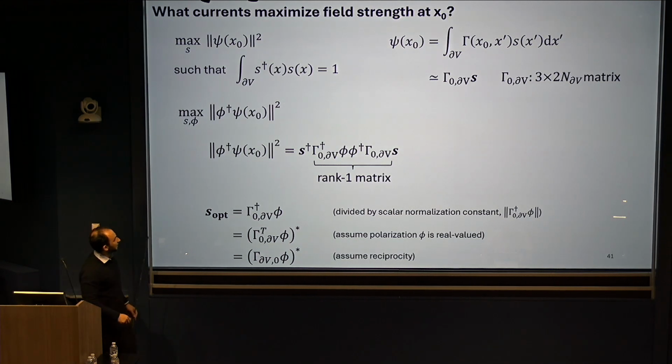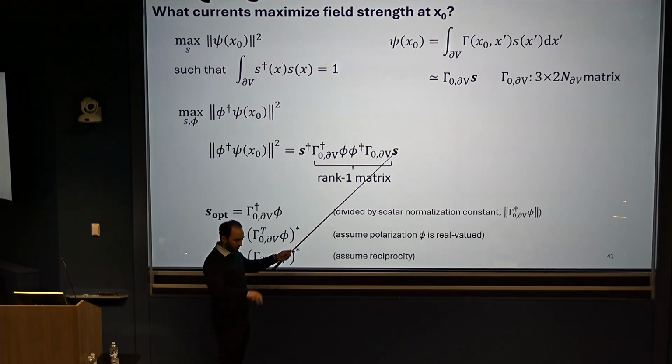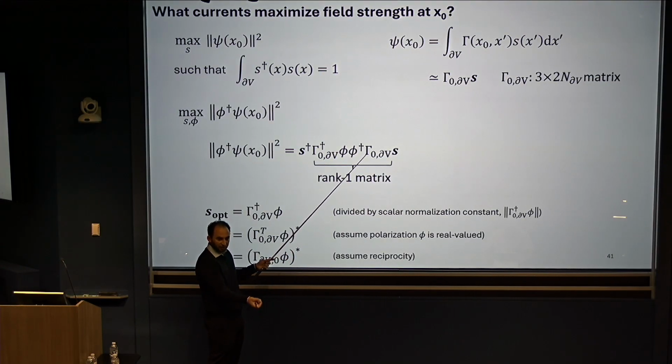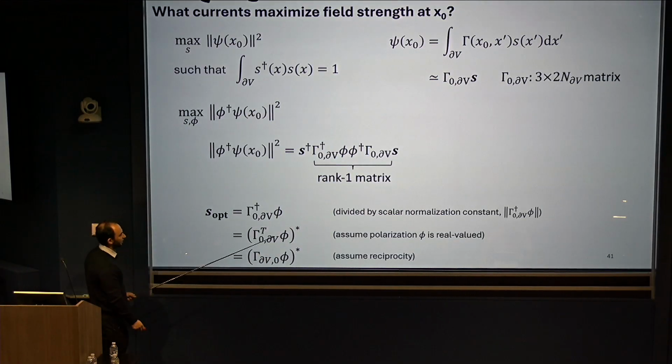All right, so what's the optimal field? This becomes a rank 1 Rayleigh quotient optimization. I won't go through this in detail. I'll just say you have a source on your boundary. I want to maximize the field at the center. That's a Green's function. It's not the free space Green's function anymore. It's the Green's function of your particular system. You project into a specific polarization. It's exactly like the super oscillation problem. We don't have the annoying 0.